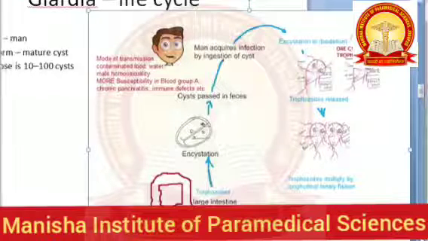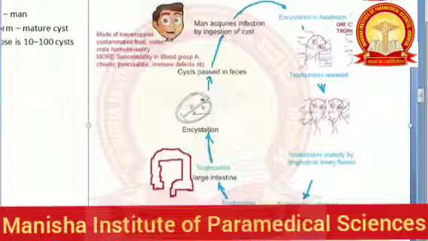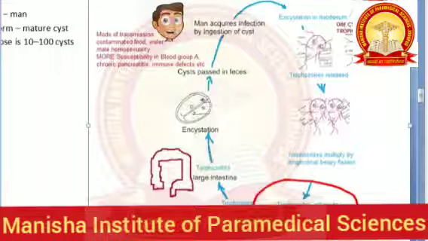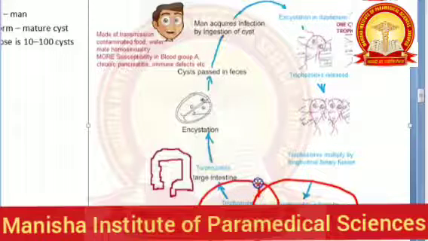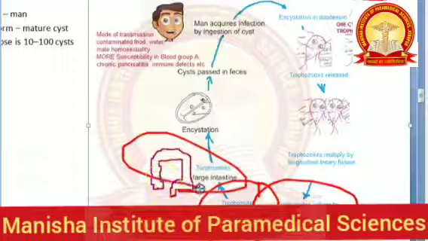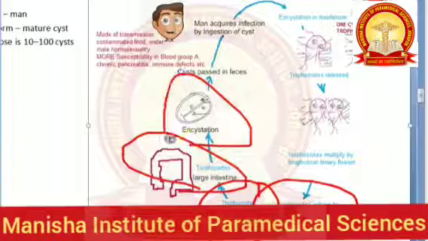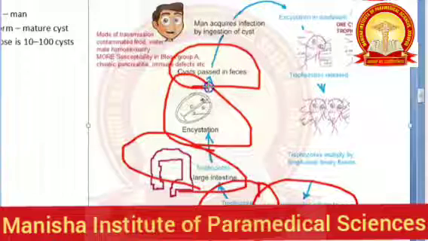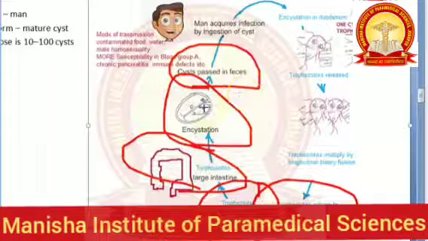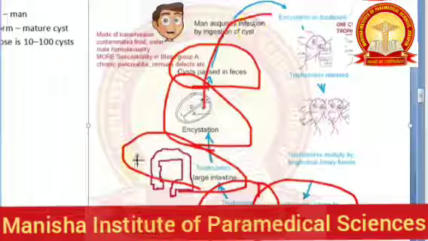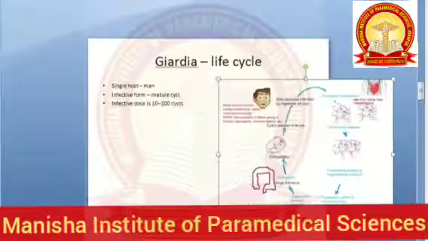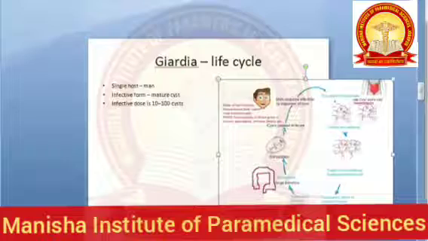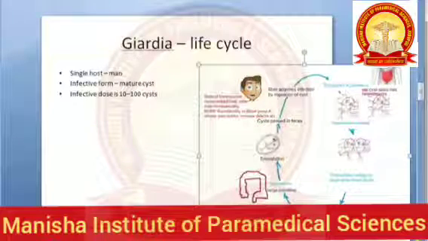Now these trophozoites, they have suckling discs, correct? So they can adhere to the duodenal mucosa. They are sticking to the small intestine. Then what happens? These trophozoites, sometimes they are released to the lumen and they travel to the large intestine. In the large intestine, they become cysts, and these cysts are passed in the feces. That's all. Easy, right? And then again this entire sequence of infection continues. Life cycle of Giardia over. Now shall we move on? Okay.